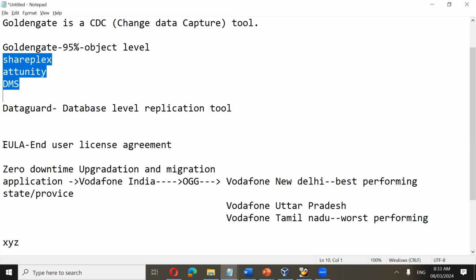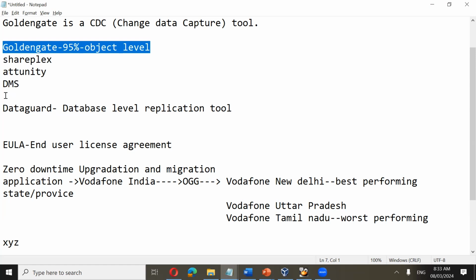However, in terms of other tools, there are some restrictions with the data type, with the database, and apart from that, expertise. There is almost zero expertise in these technologies. I mean, zero means only the organizations which are using it have the expertise. Outside, you won't find many resources having this knowledge. And the third thing is the product is Oracle, so Oracle support is the best when we compare to others. So that's why Golden Gate is widely used when I talk about financial or other reasons apart from technical.